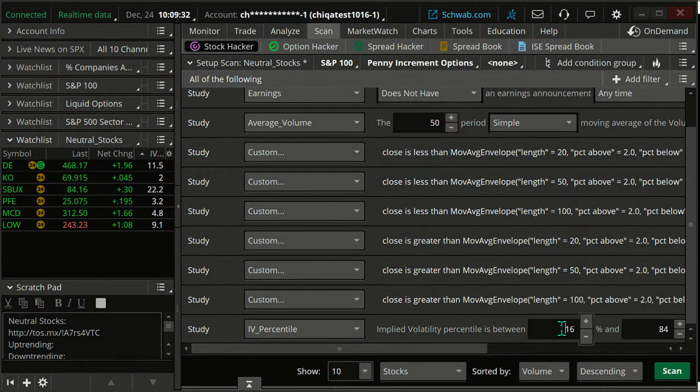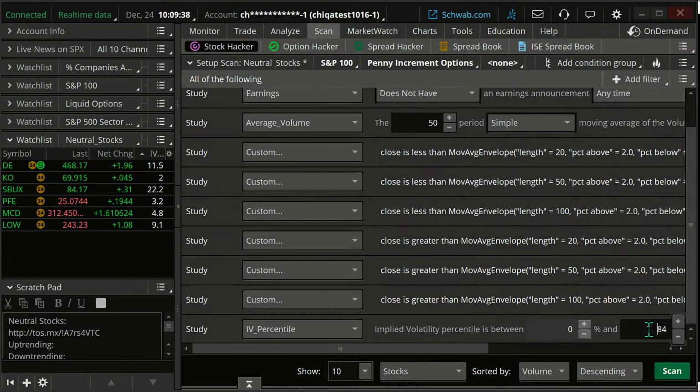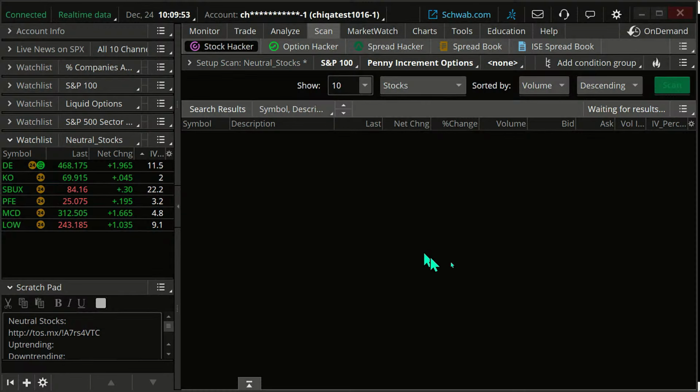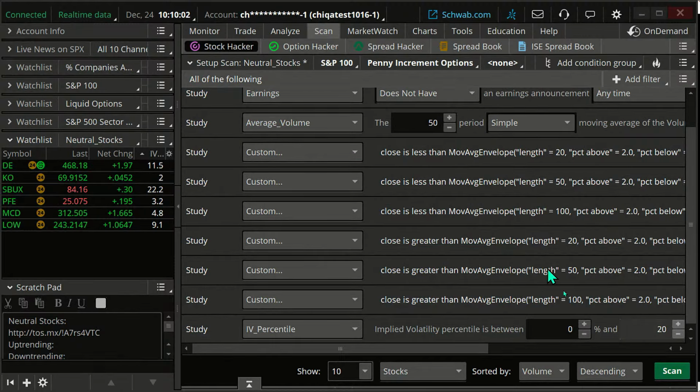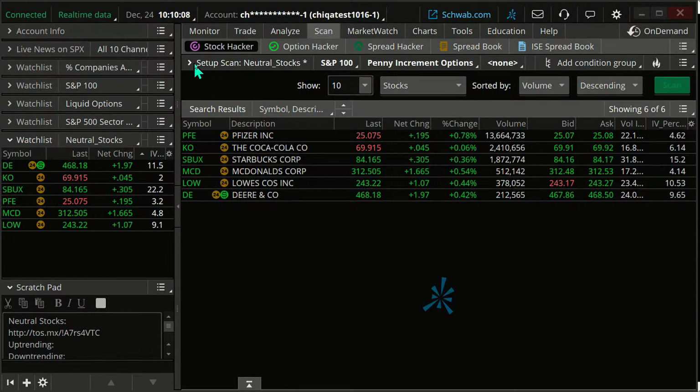And let's say we want a low IV percentile. So I'm going to put between 0 and we'll say, I don't know, 20 here. Now, when I rerun this scan, I've shrunk it down. Let me get rid of this. It's thinking, we'll give it a sec here. Come on. Does not want to cooperate. Maybe it doesn't like the 0. Maybe it wants 1. I don't know. Let me click on scan again and see if that does it. There we go. It popped up. So I have my IV percentile is low on all these.